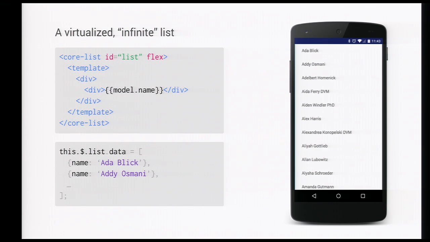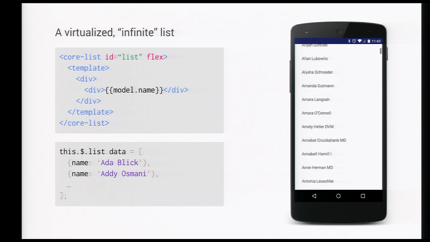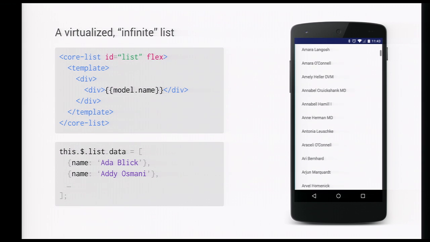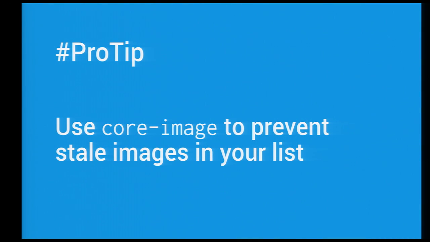I've got objects inside of that array. Each of those objects has a name. And inside my core list, I have a template element, and I'm just binding to each of those instances as they come in. And it gives me this really, really performant infinite list, so I can go through all of my contacts. Now, as I was building my application, I kind of came across this thing, which I'm going to